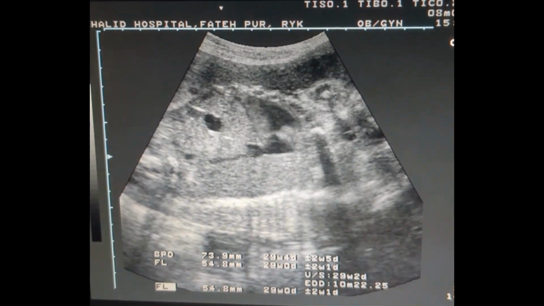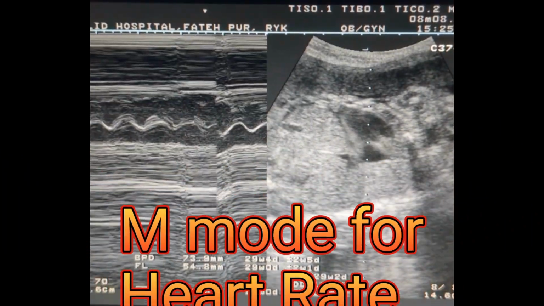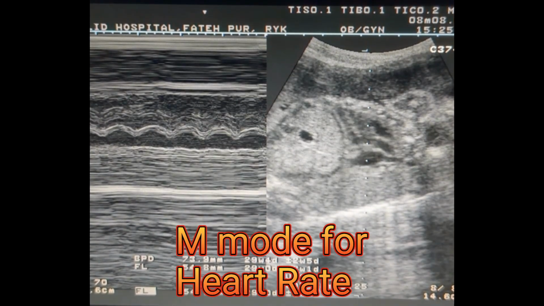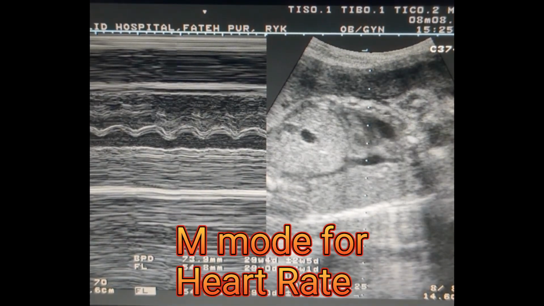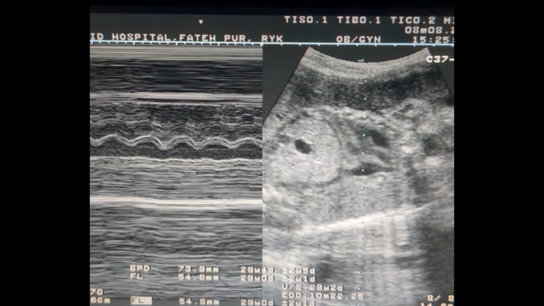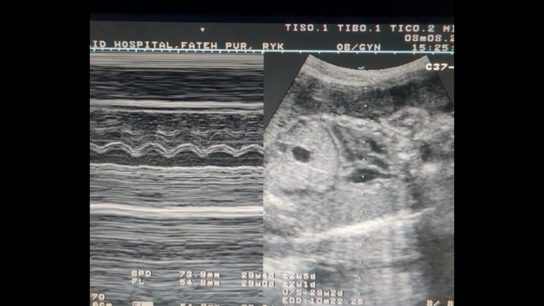Now we are going to measure heart rate, which can be measured using M mode on every machine. The distance between one crest to the other crest can be measured, and heart rate